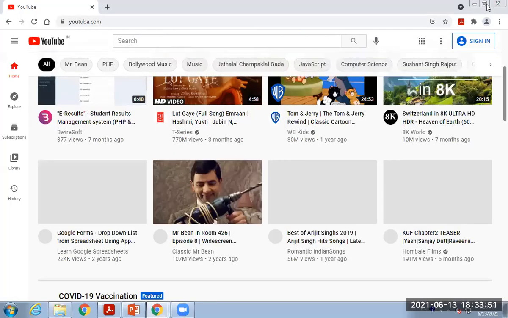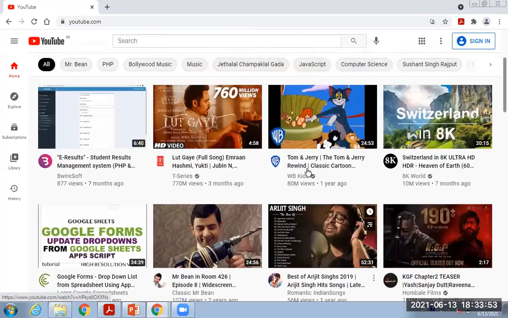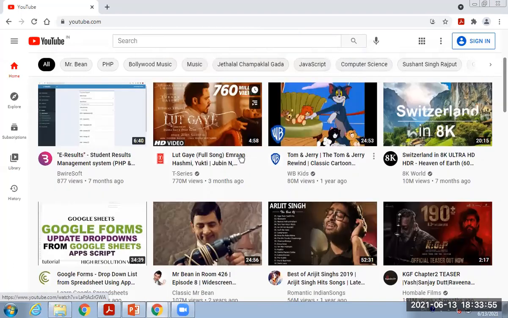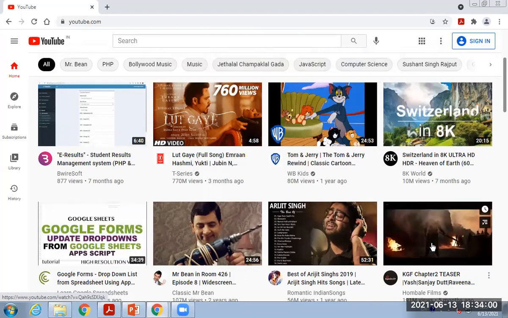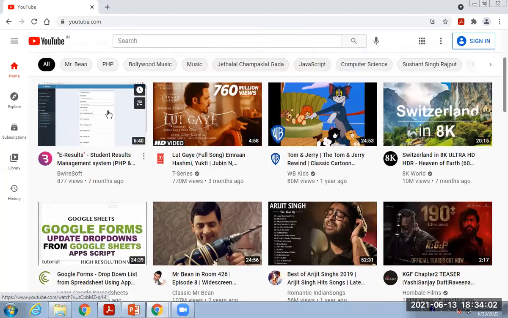Let's maximize the window. And here you can see that different types of iframes are displayed. Now we can display such types of iframes, or we can create such a type of screen by using the iframes. Let's see how to do it.